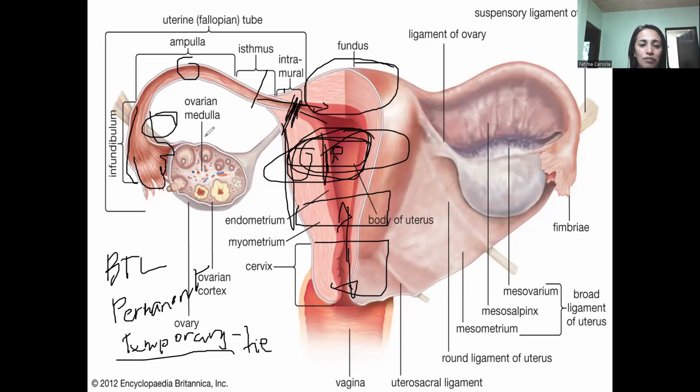We also have here your ovaries. If you will try to see, we have here the developing primordial follicle into a Graafian follicle. The Graafian follicle releases the mature ovum, and then finally it will become the corpus luteum until it becomes the corpus albicans.